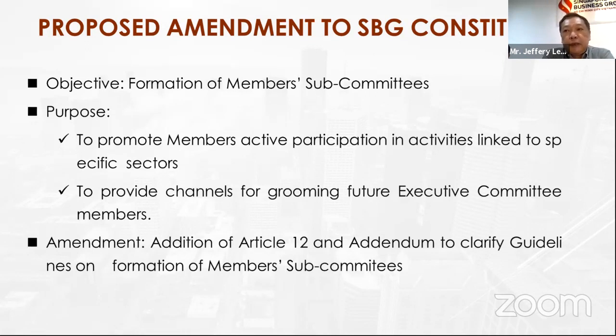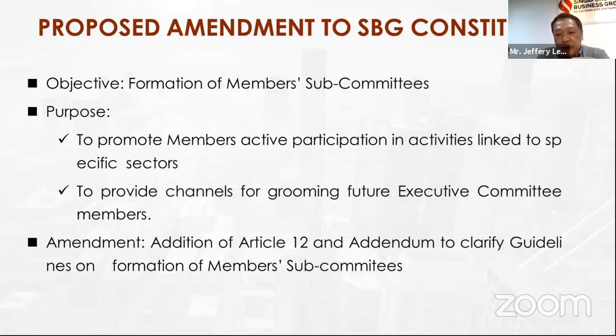The purpose is to encourage and motivate our members to actively participate in specific sectors, promoting activities or events that are of interest to our non-members and also our members, and also maybe communicating with other businesses in Vietnam. The second purpose is to provide channels for us to groom